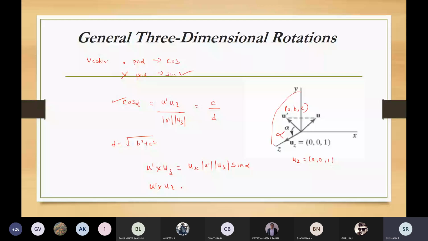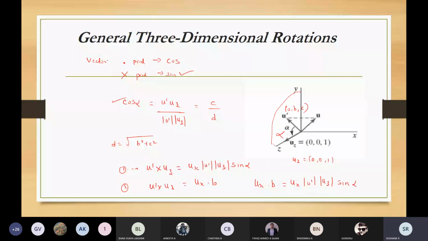So now, if you compare this right hand term, u dash into uz are equal, and here ux and ux will get cancelled, so you can write it as c. I'm equating equation 1 and 2, which means ux dot b is equal to ux into u dash uz sine alpha.